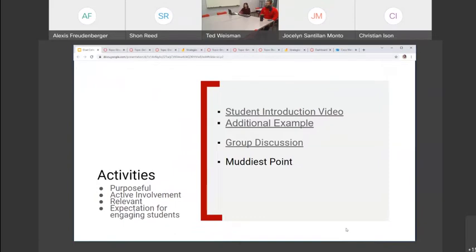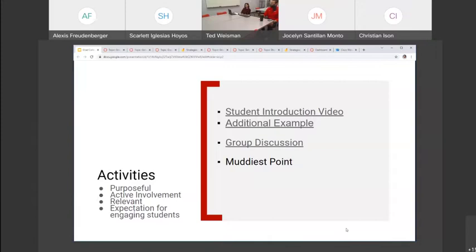The third active learning strategy, if you will, that I just wanted to talk about, and we're going to provide you actually a whole list. One of the resources is a whole list of different strategies that you can use for active learning points in your course. But one that I really like, because it is pretty low stakes, it's low energy, but you get a high return on it, is the muddiest point.